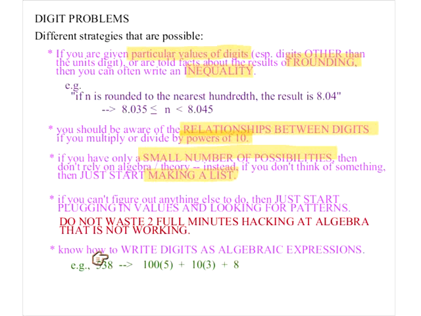Because for kids, that's hard. Kids see 5, 3, 8, and they think that means 5 plus 3 plus 8, and so you have to school them in this kind of stuff. Now, in grade school, you're not going to use algebra, obviously, because grade school kids aren't going to know what you're doing. But if you have digits like L, M, N, it's the same sort of thing. That's 100L plus 10M plus N. So this is how you have to know how to write this sort of thing. Okay, smiley face if this makes sense. It's just like 538, but with L and M and N, or whatever you choose to call them.